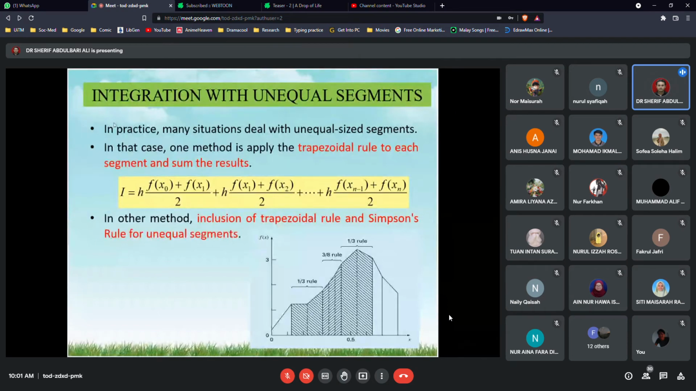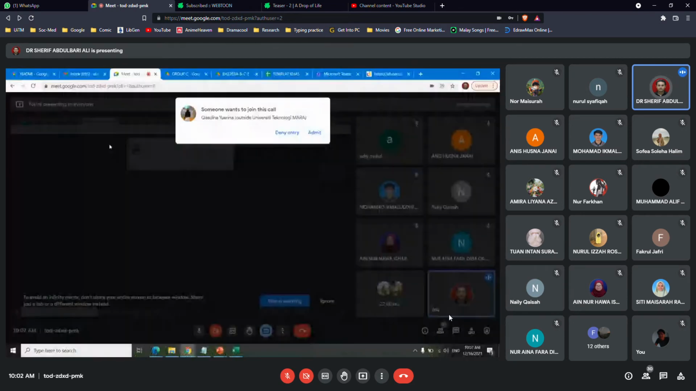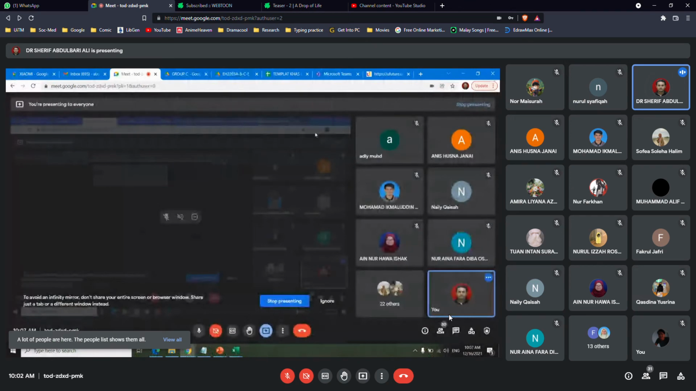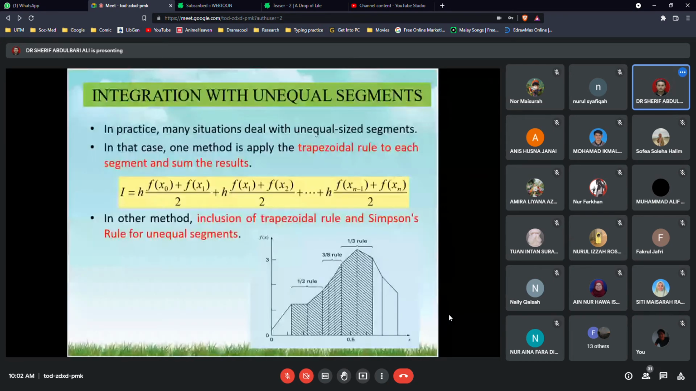So to start our class today, in practice there will be many situations when you are going to deal with data or points of x whose values are not equally spaced, with different sizes. You're not going to have the same step size. So how are you going to deal with it? In that case, one method that could be applied is the trapezoidal rule, applied segment by segment,